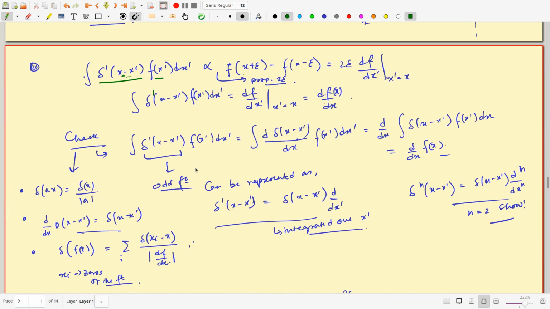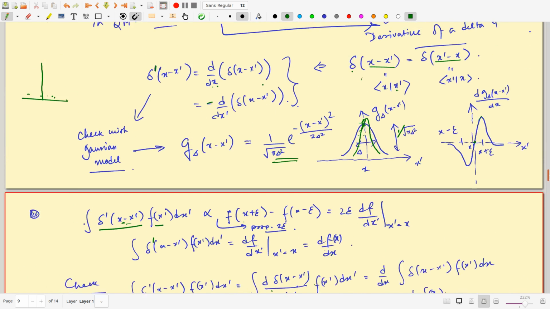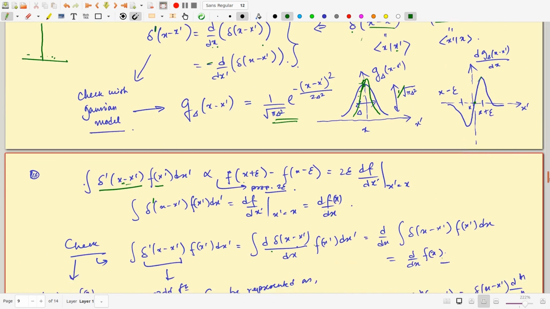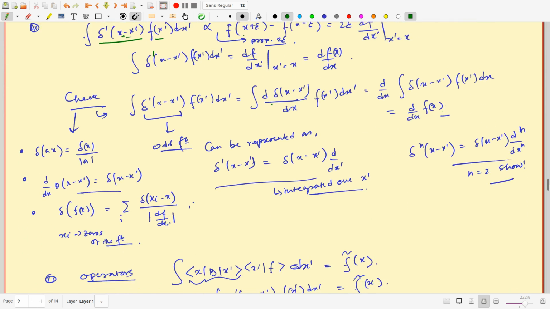If you are not fully happy with this heuristic explanation, you can do something even simpler. You can take this derivative function and write it as d/dx of this whole object. Now you apply the chain rule on each of these parts, and from there you can show it is nothing but d/dx of f(x). It is actually somewhat easier, and this was done in the spirit of street fighting mathematics, just to develop a feel for how it works.